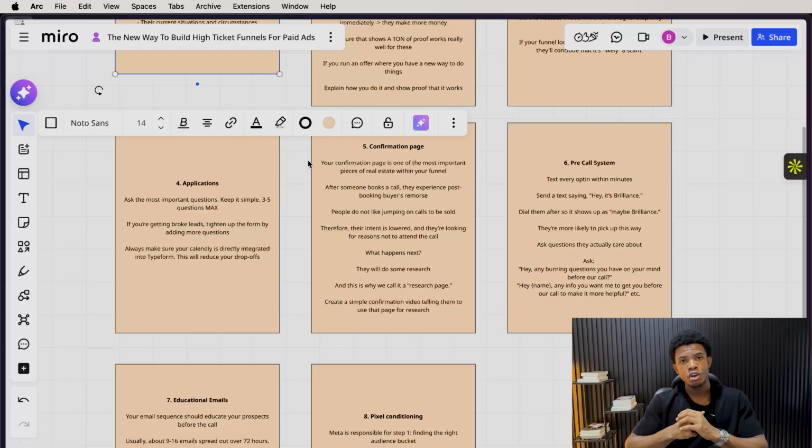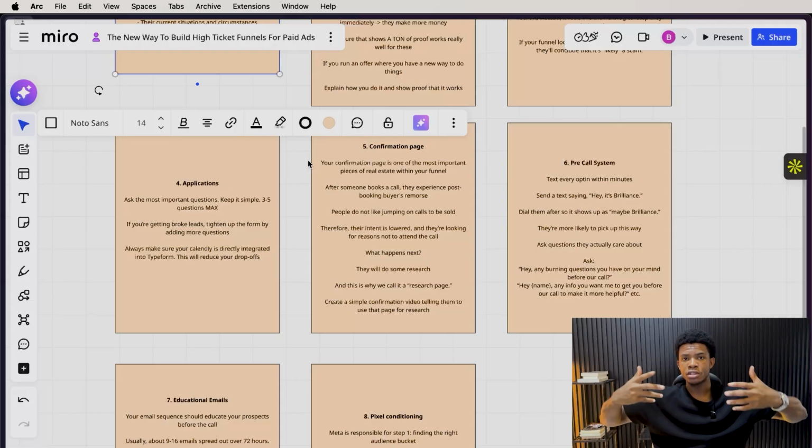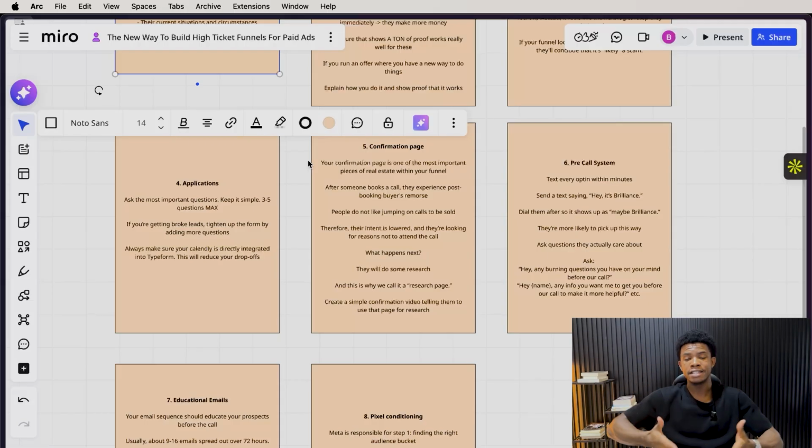Now, the next is going to be your confirmation page, and your confirmation page is really one of the biggest pieces of real estate that exists on your funnel, and I'll tell you why, right? Because I see a lot of people, they have like 30% show rates or even less a lot of times, and a lot of these things can be fixed by having a really good confirmation page. I'll tell you, prospects love consuming the confirmation pages because they really show transparency and show the prospect that you actually care about things that they care about.